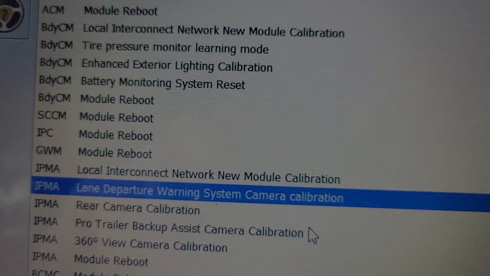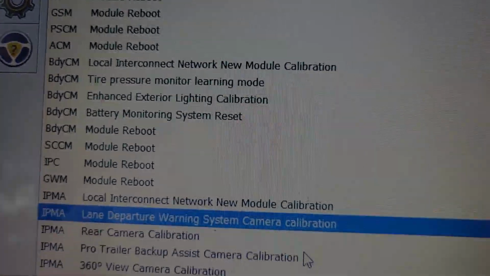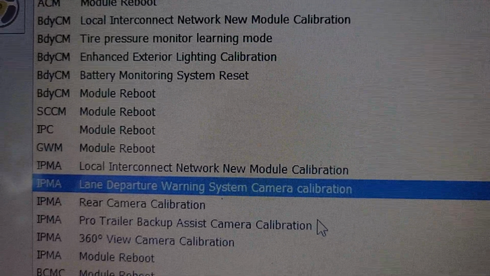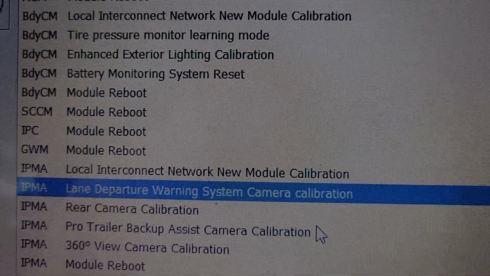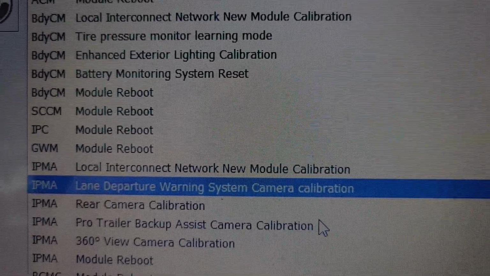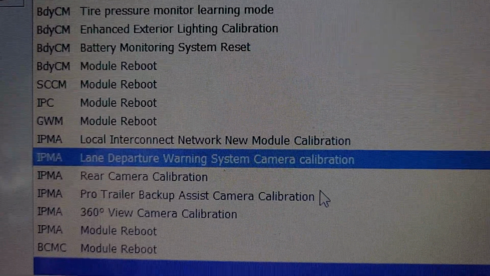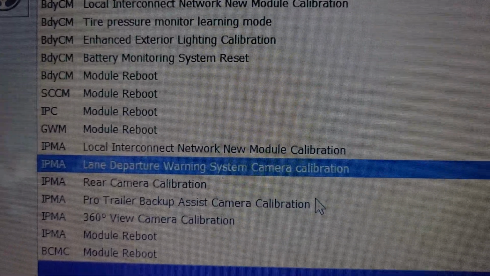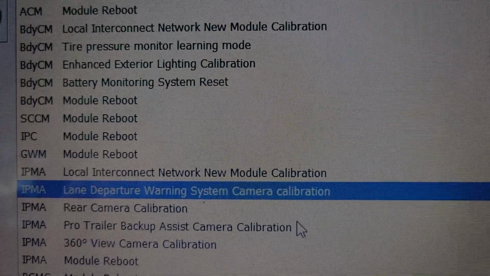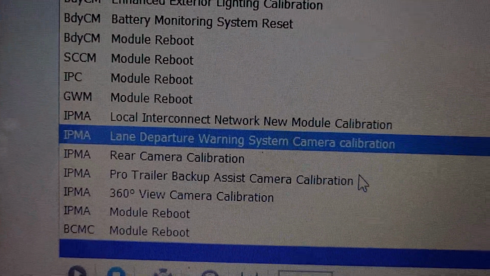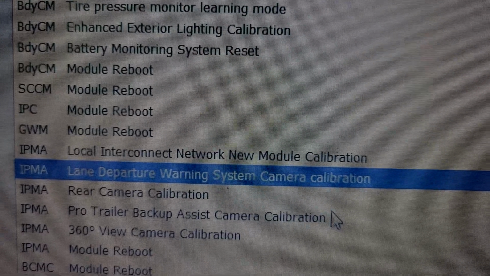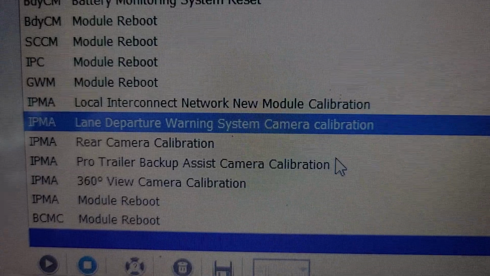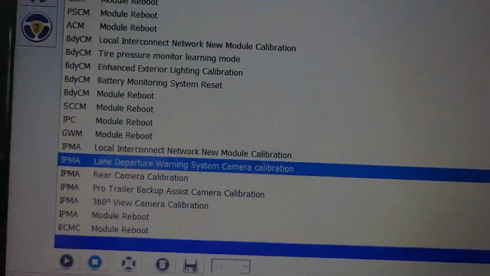the whole process. You basically have to be near a long straight road with clear line markings on the center line, and also out on the right side of the lane, and it will guide you through it. You have to drive maybe a couple of minutes at over 40 miles per hour, and I completed the calibration here, and as soon as they were done, the 2 error messages on the instrument cluster disappeared. So now I'm back,